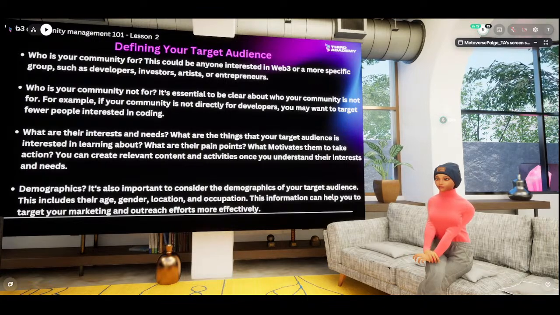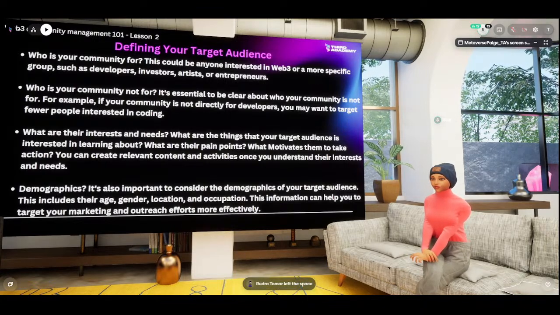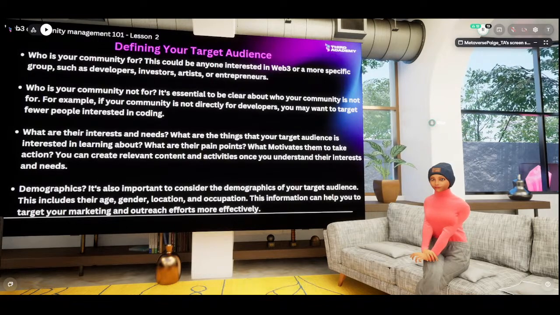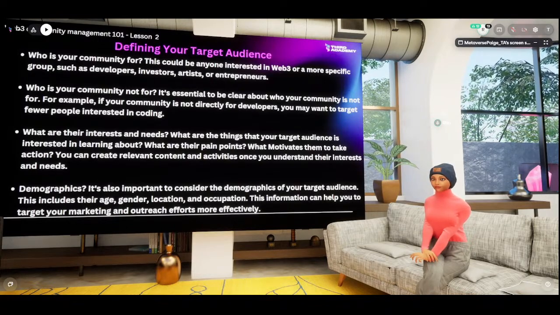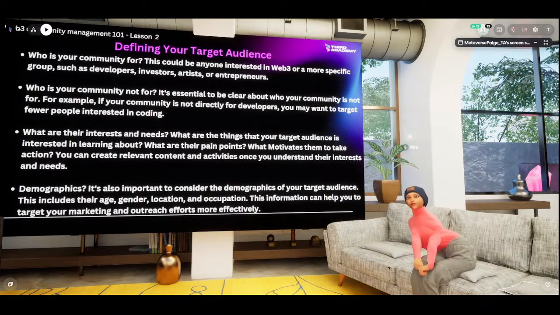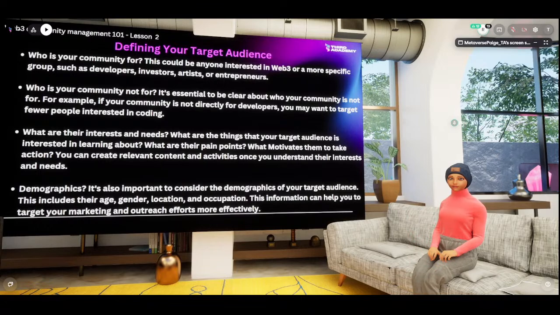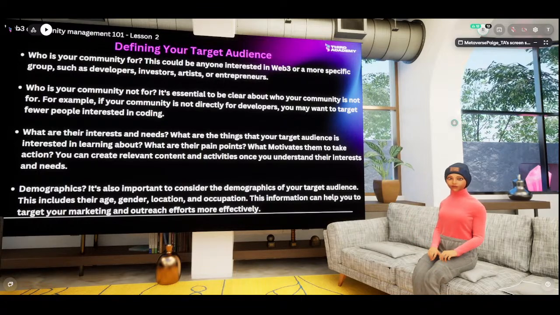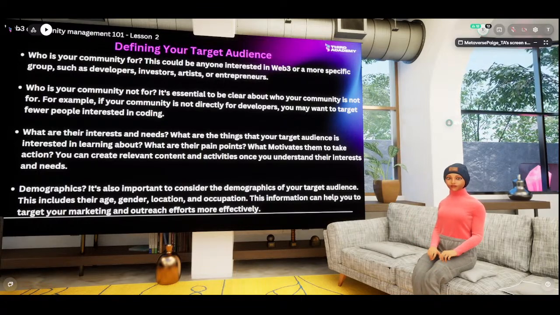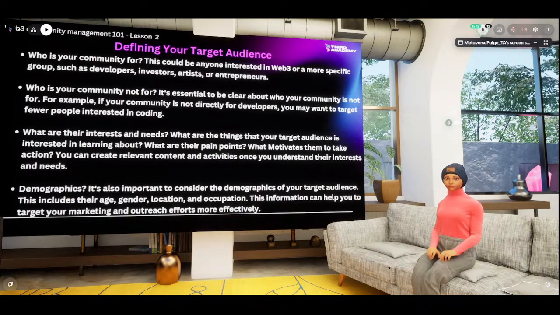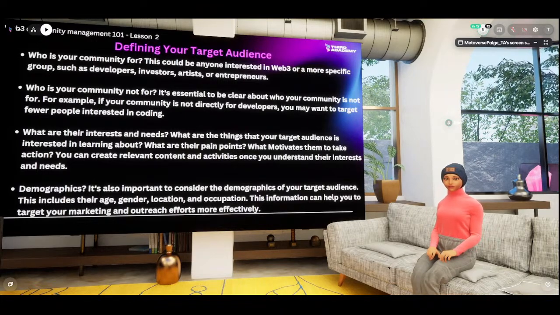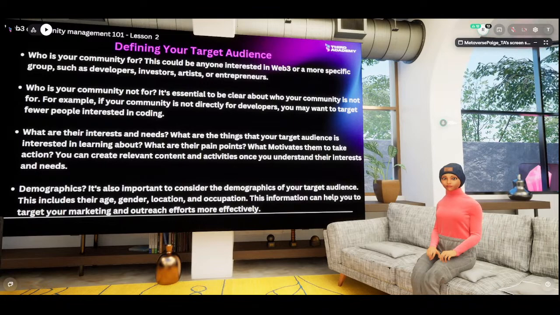If your community is for a more specific group, you want to target those. It could be developers, investors, artists, or entrepreneurs. Also remember that your community can have different member personas. For instance, take the Arbitrum community.